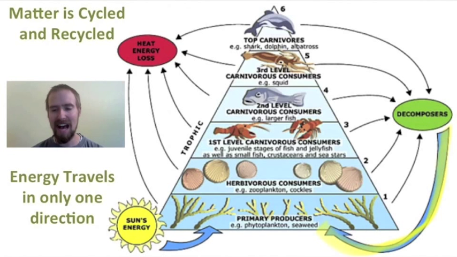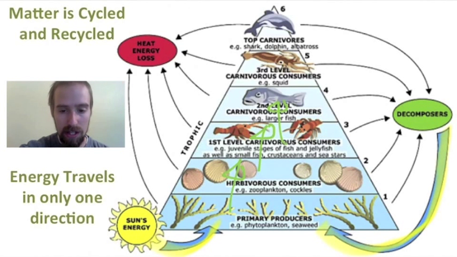However, we don't really have an arrow like that when it comes to energy. We get new energy every day from the sun. That energy gets passed along through the food chain from one level to the next, to the next, to the next, and so forth. And every step along the way, they're actually losing energy as well. And when we say losing energy in this case, we don't mean that the energy disappears. It actually just gets transformed into a less usable form.